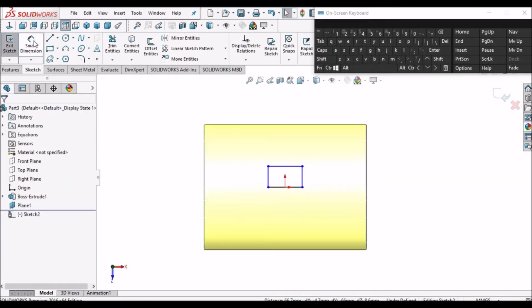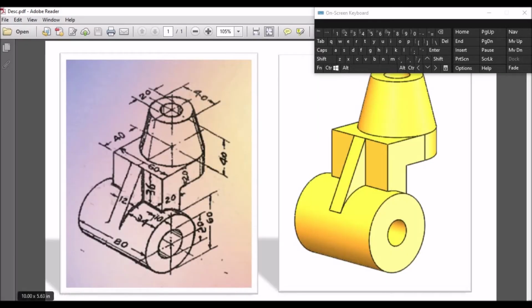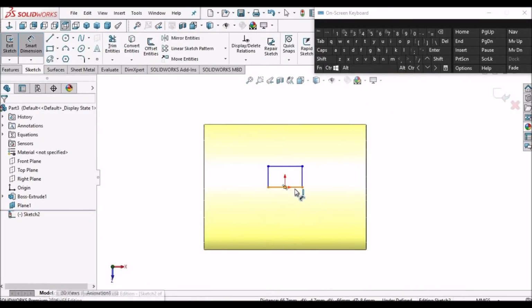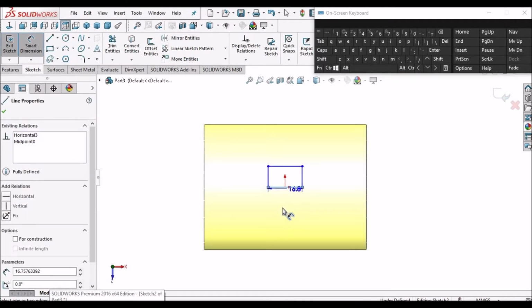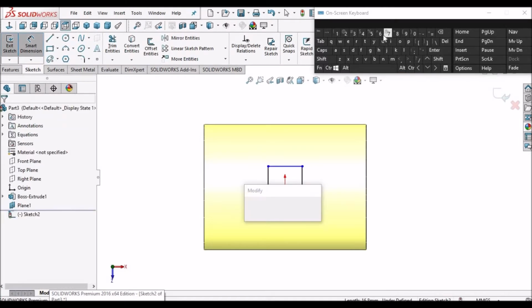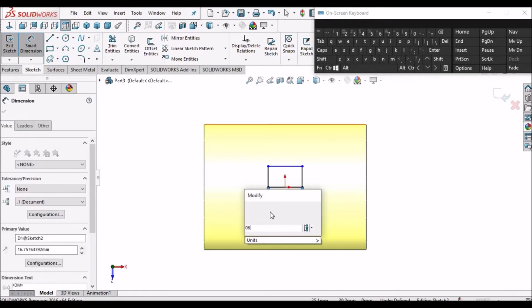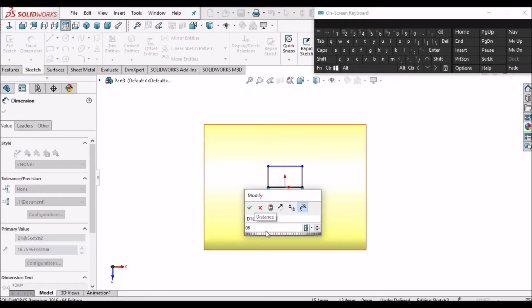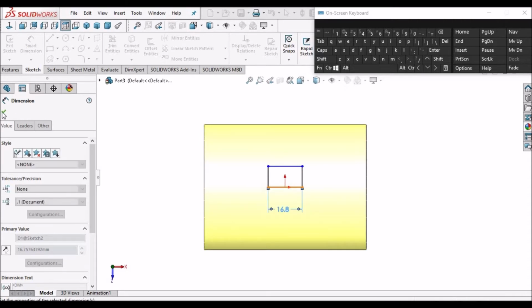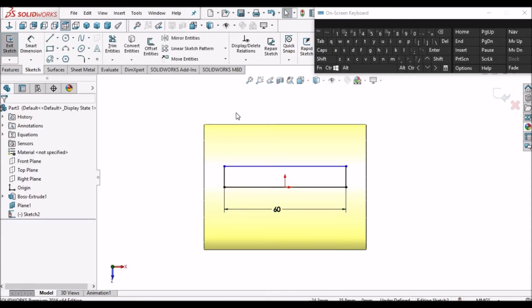Okay. So this bit is 60. So I'm going to give 60. Say okay.